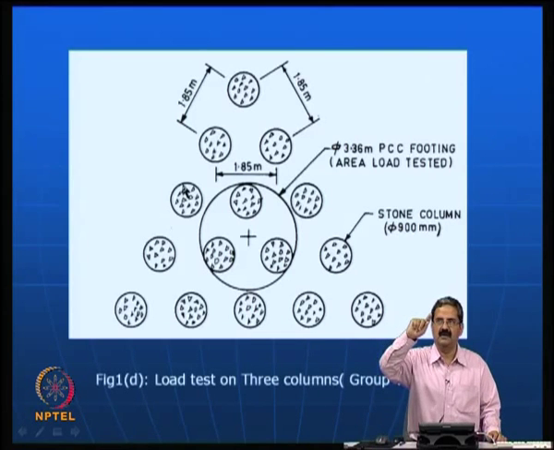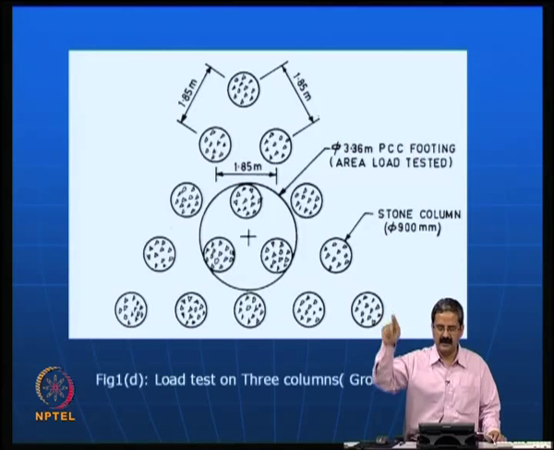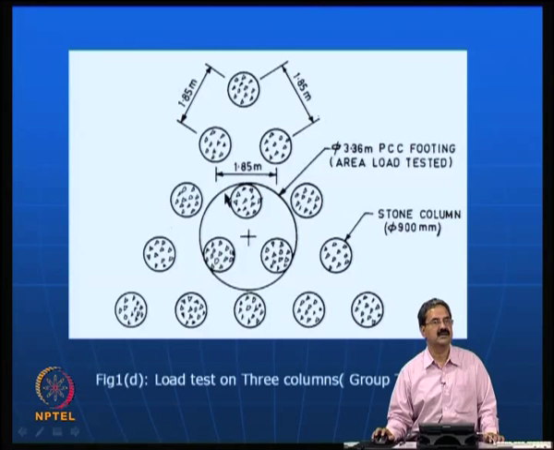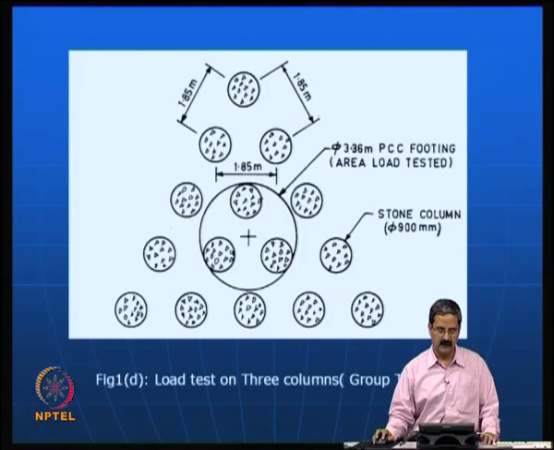See, for a plate load test, we know the curve, then you join the tangents, or you take 25 mm allowable settlement and all that. That is one thing. Another one is where you have group effects, as I just mentioned. There is a bigger plate, like 3.36, a PCC pre-stressed concrete footing, you put it and then do a load test. This is also another one that the IS code recommends. So, it is very important that people go by these methods and do plate load tests.